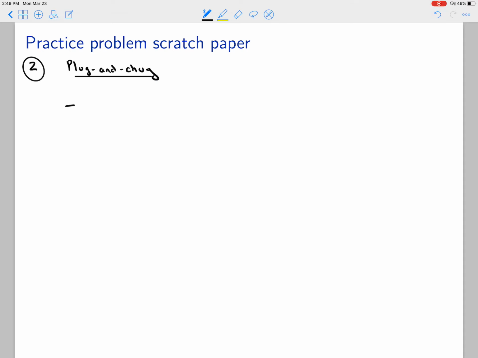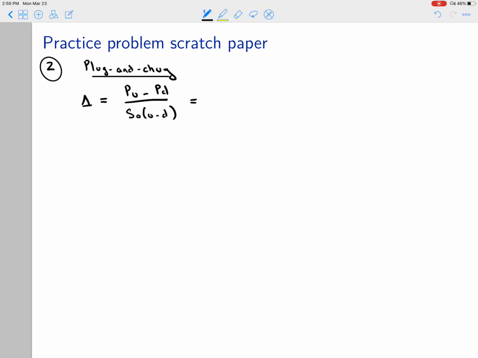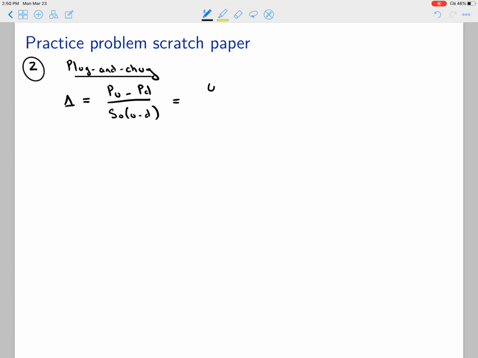If you just memorize the formulas, you'll remember that delta is the change in the put price, PU minus PD, over the change in the stock price, S0 times U minus D. If we just plug and chug, what are we going to get? Payoff to the put in the upstate is 0. It's 1/2 in the downstate. Stock price originally is 1. U is 2. D is 1/2. Simplify this out. You're going to have 1/2 over 3/2. What is this going to equal? It's going to equal negative 1/3. So the replicating portfolio is going to own negative 1/3 shares, or you're going to short 1/3 of a share